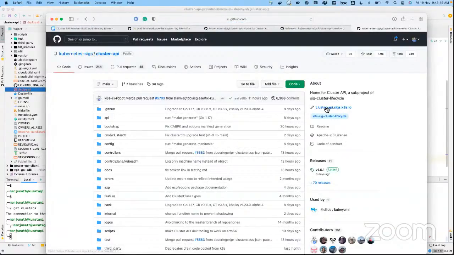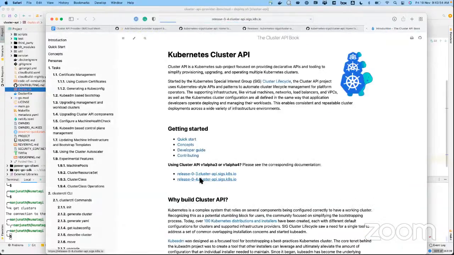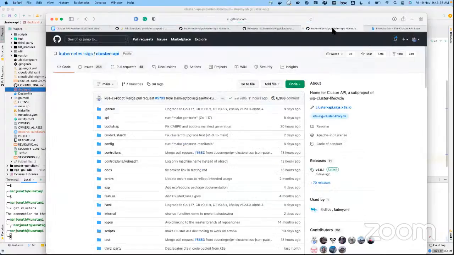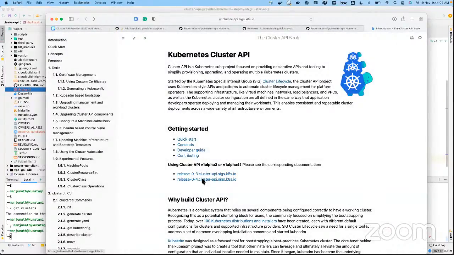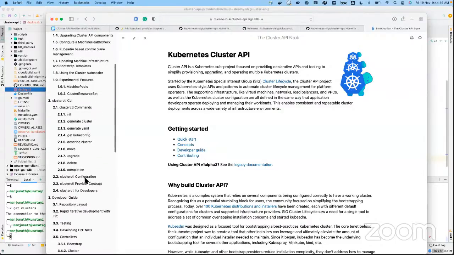Yeah, so the Cluster API project has very good documentation. This is the landing page for Cluster API. If you click here, it will take you to the Cluster API documentation. I just switched to the 0.4 version. By the way, this is the documentation we also want to have for our project, so we'll work towards creating similar documentation for it. That's something we need to work on.